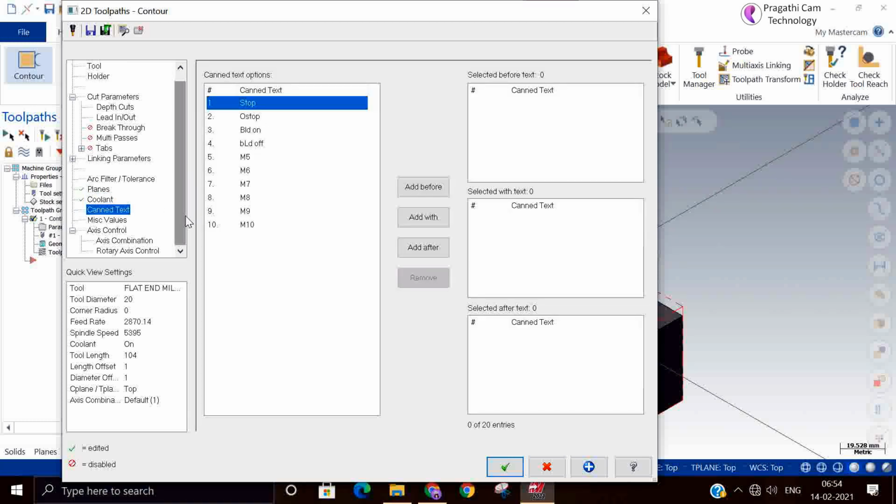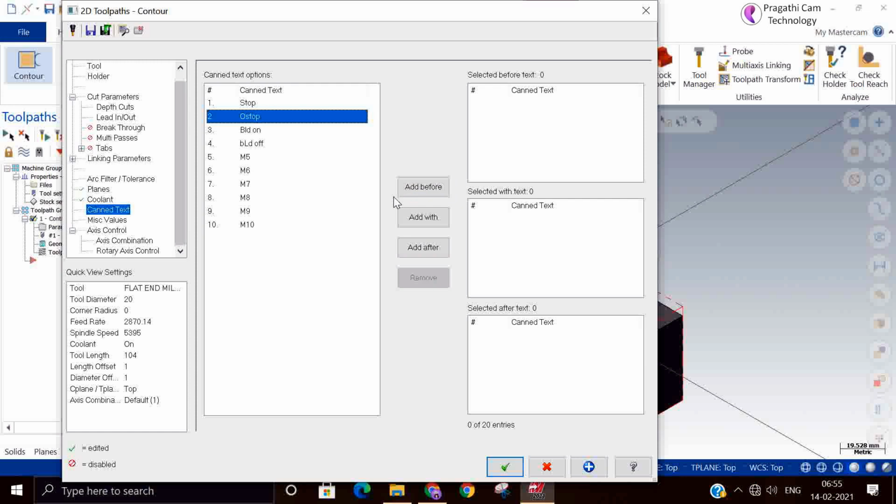So next is the canned text. Additionally, if you want to add any optional stop, you can switch it on here by adding. Okay. Suppose you want to add M5 in between, you can just click and add before or after the context.